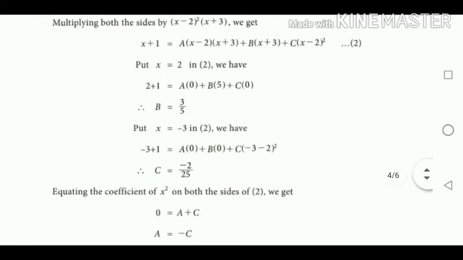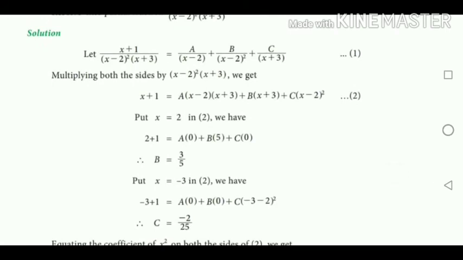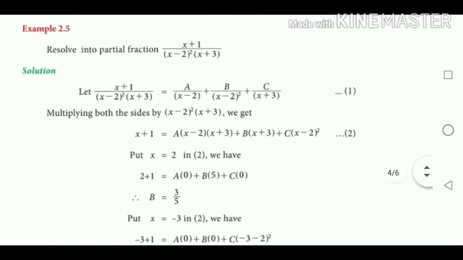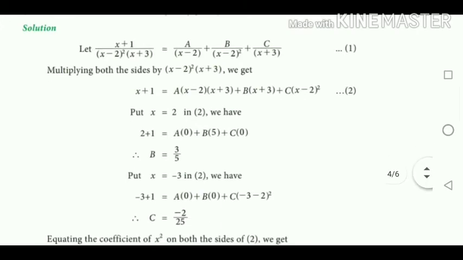So equating now, here the constant term is there. In the left hand side the constant term as well as the x term is there. So we are going to the x square term. In the last case, that is in the above sum 2.4, there is no constant term. Okay. So here also we can substitute the constant term, or you may take the x square term also. Okay. You may follow both the methods.